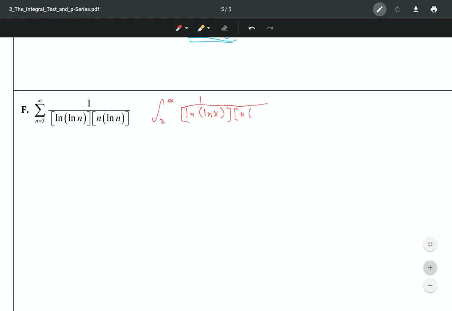A lot of those are taking the opportunity to really make sure that you're good on your integration skills. Now, this was a tough one, okay? But what I figured out is if I make u be equal to the natural log of the natural log of x,